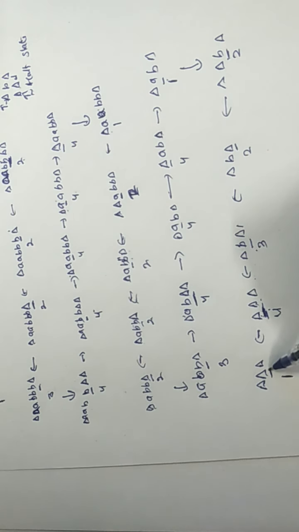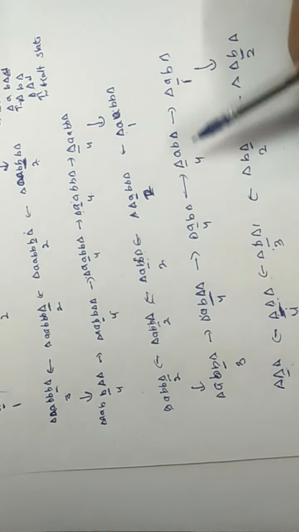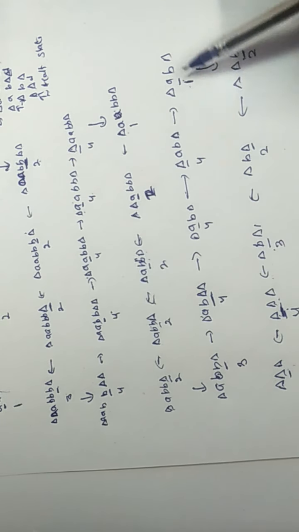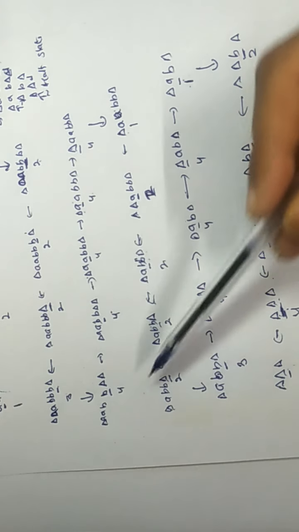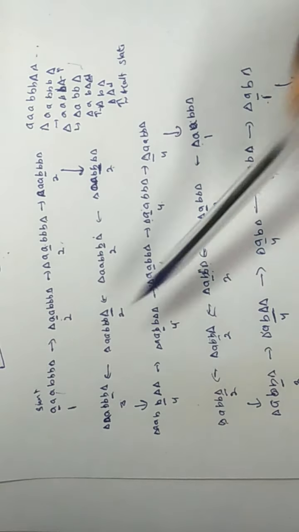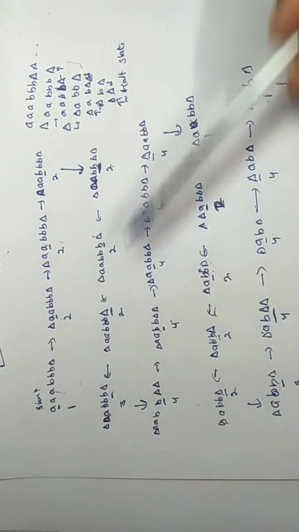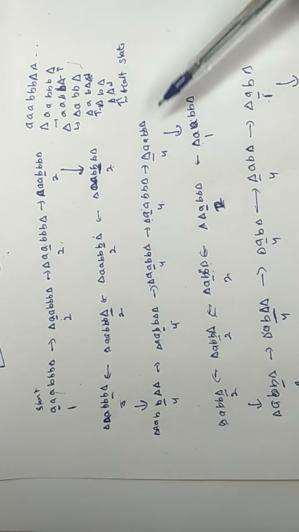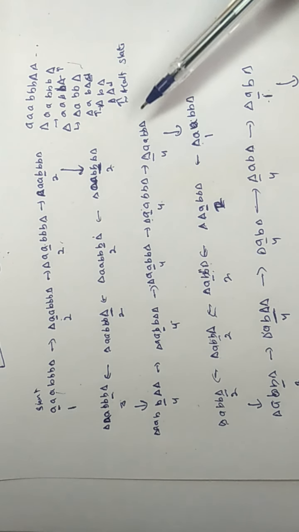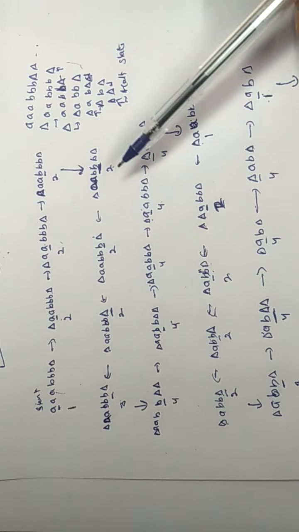And at state 1 now we are not getting any A and any B. It's like we are getting 0A and 0B at state 1. Here 1A 1B, here at state 1 3A 3B, then we are reaching state 1 again